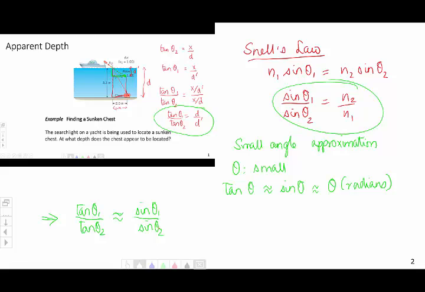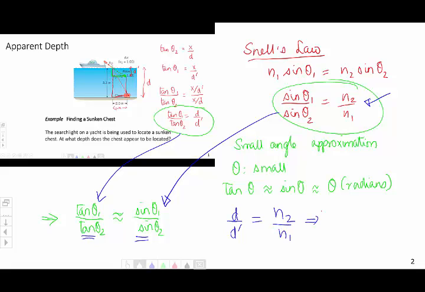But now let's look at these two relations over here. If we replace tan theta 1 over tan theta 2 by d over d prime, and if we replace sine theta 1 over sine theta 2 by what we get from here, n2 over n1, we get finally n1 multiplied by d divided by n2 is equal to the apparent depth d prime. Or in other words, the ratio of the apparent depth to the actual depth is equal to the ratio of the indices of refraction of the two mediums, the one you're in looking at the object